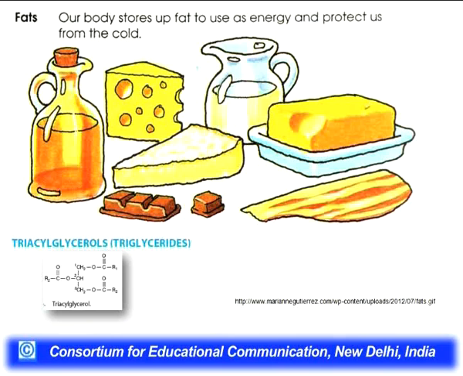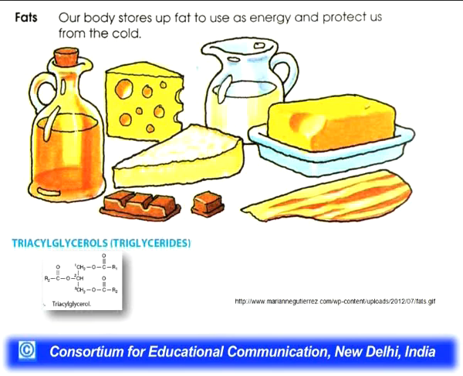Now, from where exactly do we get these fats? These fats we generally get from the food sources which we eat. Many a times they are synthesized in our body also by the help of various pathways, which we will be discussing right now. The food sources which are high in fat are butter, cheese, oil, and milk products. All these contain high fats, and these fats act as a thermal insulator for our body and protect us